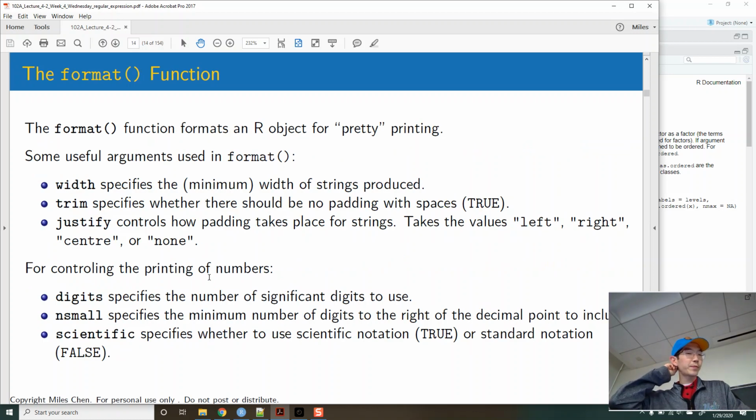Okay, format can be used to make things pretty when we print them. Width will specify the width of the string produced. Trim will trim spacing. These are the arguments, right? And then justify can move things around within the width, whether it's left, right, or center justified, things like that. And then as far as printing numbers goes, you can specify some options here, like how